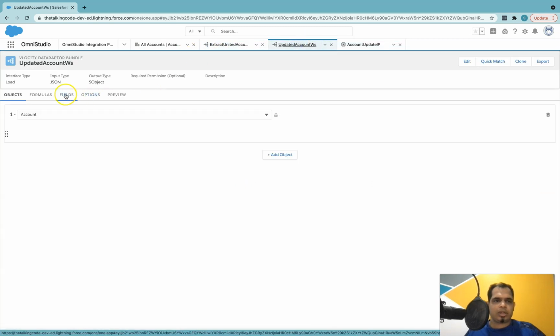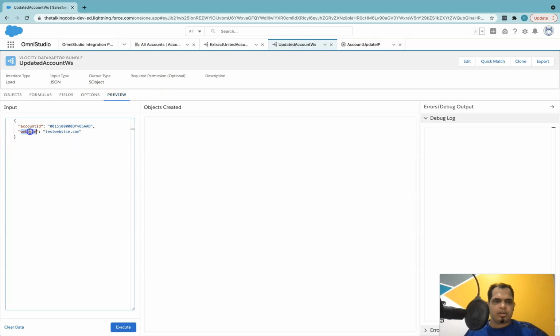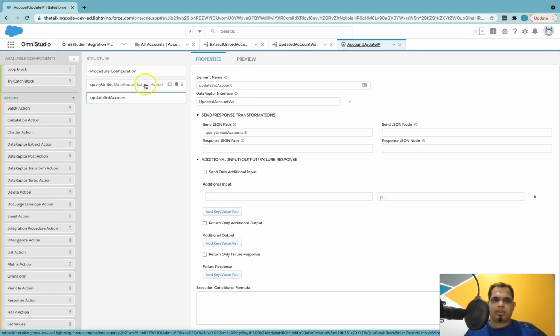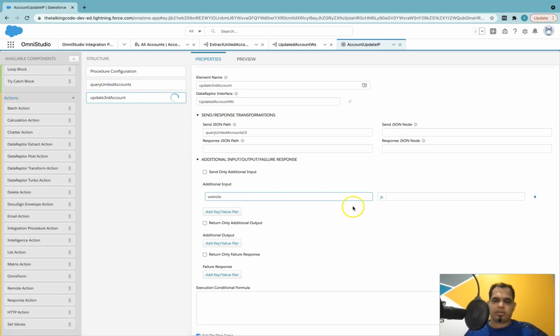When we created this data raptor, we told it, you will be getting 2 things, the account ID and the website. The account ID will be coming from this data raptor and we will be passing the website from this additional input. So let's call it www.demo.com, and that's it, we are done.